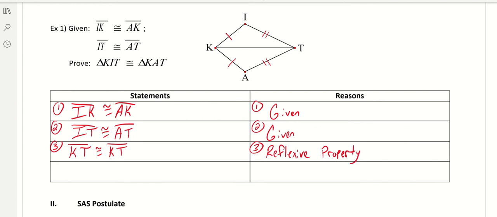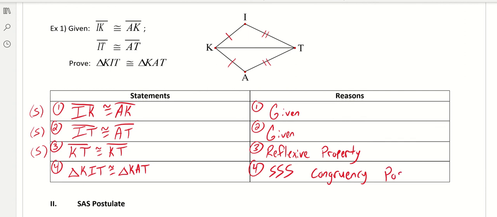Now, here's something you might want to do. You don't have to do this. It's just something that might help you. If we're trying to prove two triangles are congruent, we're going to be using sides and angles, right? So here we have a side in number 1, IK congruent to AK. Here we have a side in number 2, IT congruent to AT. And here we have a side in number 3, KT congruent to KT. So we know that these two triangles are congruent. Triangle KIT is congruent to triangle KAT. We know that because of the side, side, side congruency